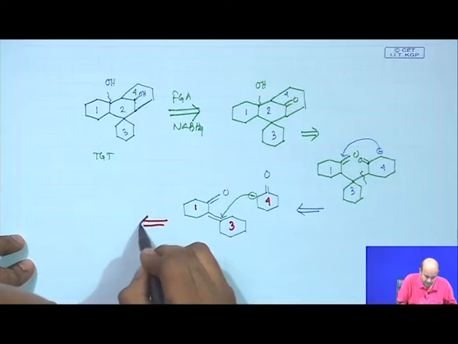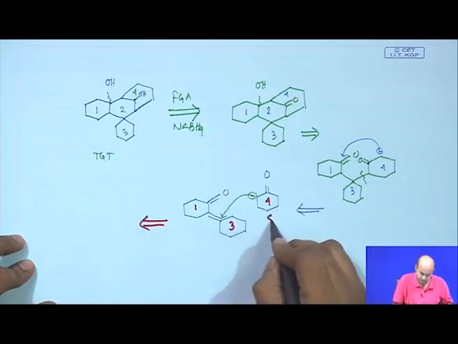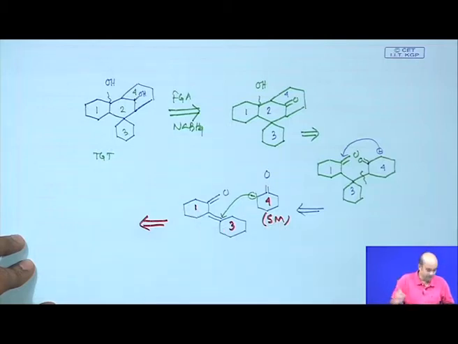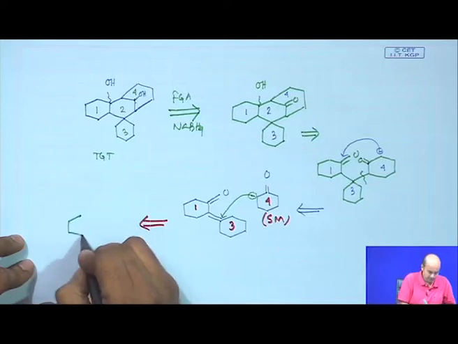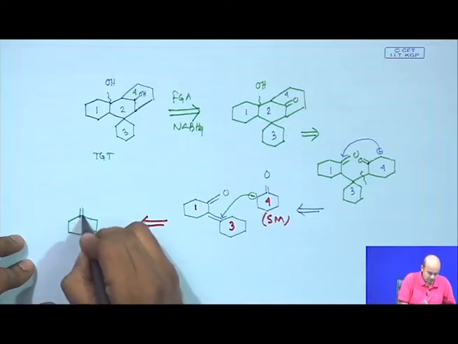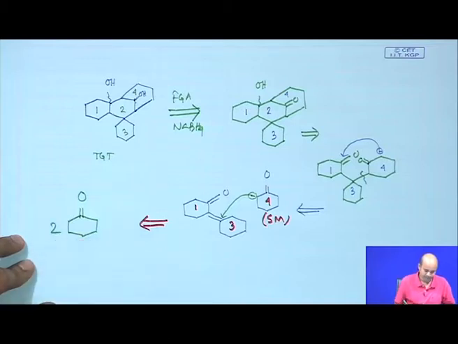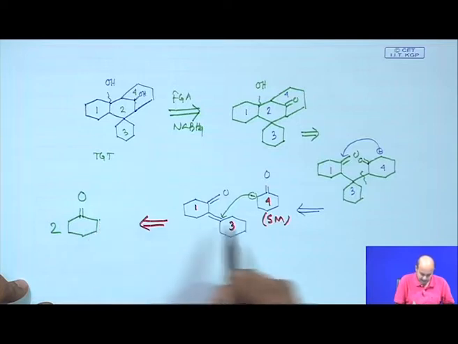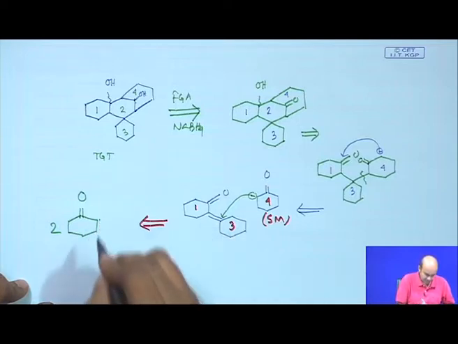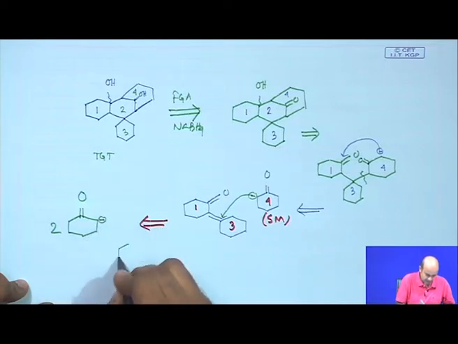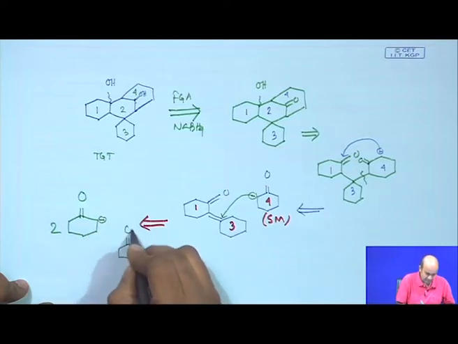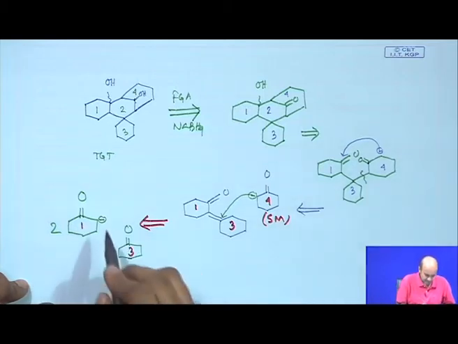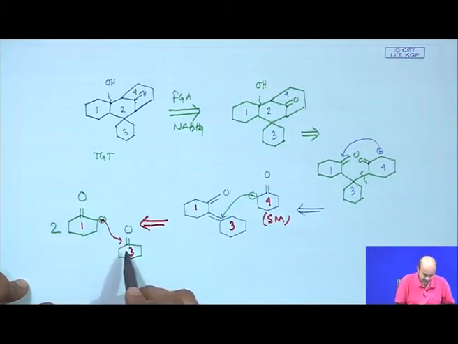So, cyclohexanone, as I said, is a very common starting material. So, you can put this as starting material. Now, this Michael acceptor, you can also easily make by starting from 2 equivalents of cyclohexanone. How? You take a cyclohexanone, generate the carbanion, and react it with another cyclohexanone. So, this is basically 1 and this is 3. So, you react here and you will basically get a